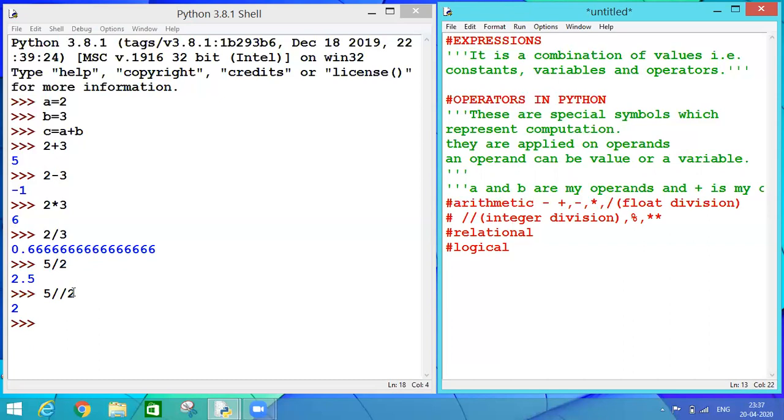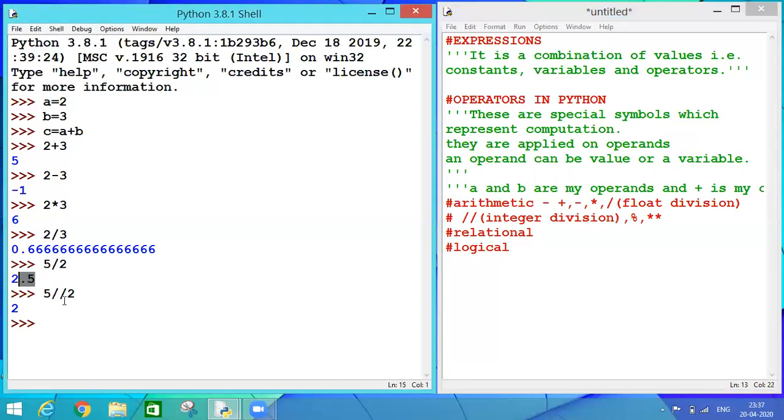So if I divide 5 by 2, the exact answer I am getting is 2.5. But here in case of integer division, Python is discarding this decimal value. So here I'll get the result in the form of an integer value. And here I'll get the answer as a float value.